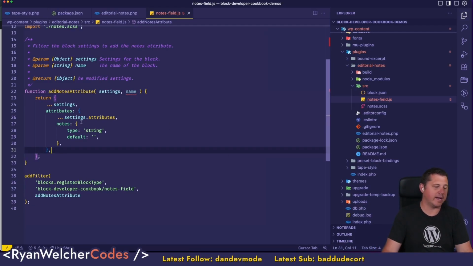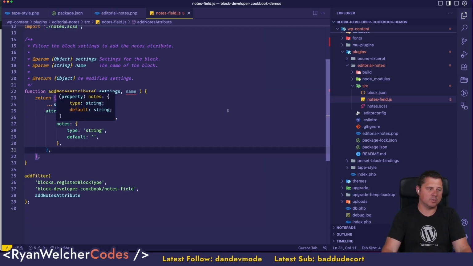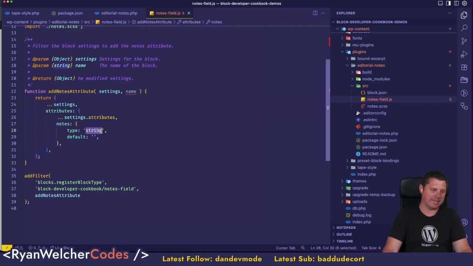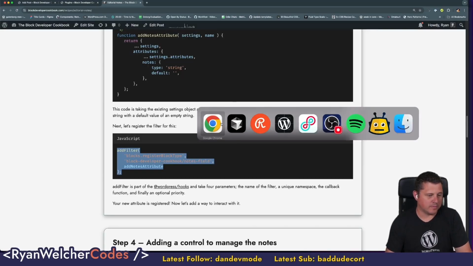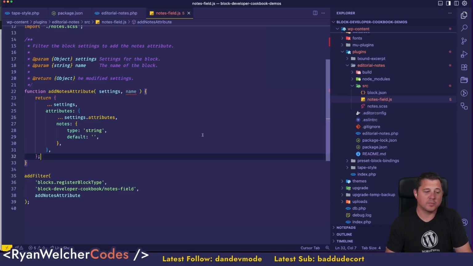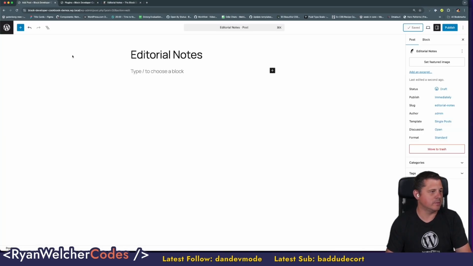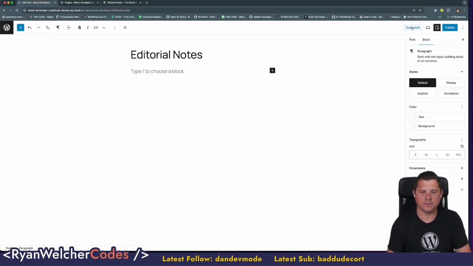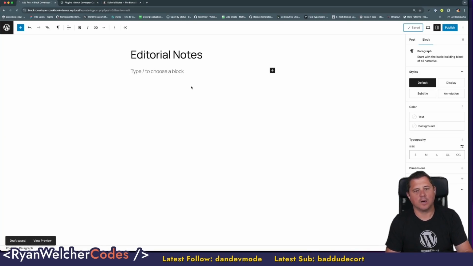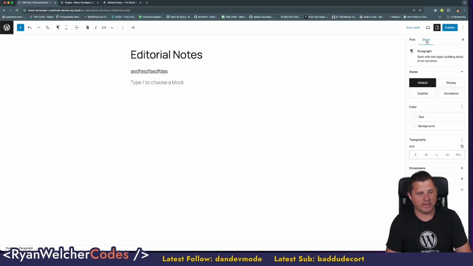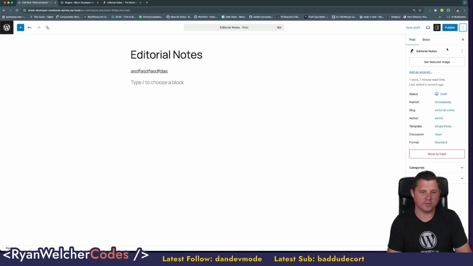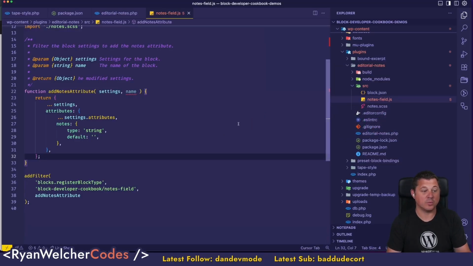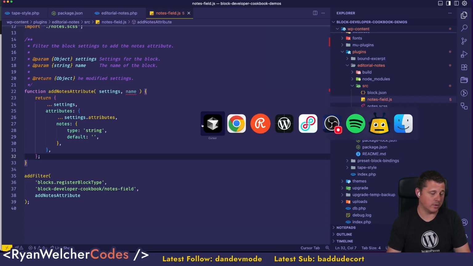So all this is doing is adding another attribute to every block called notes, which is a type of string, and it has a default value of an empty string. That's it. Now this is all in place. However, if we were to come in here, let me save draft, and start typing in here, it's been registered, but there's nothing really associated with it yet. So we need to create the UI to allow us to insert notes,